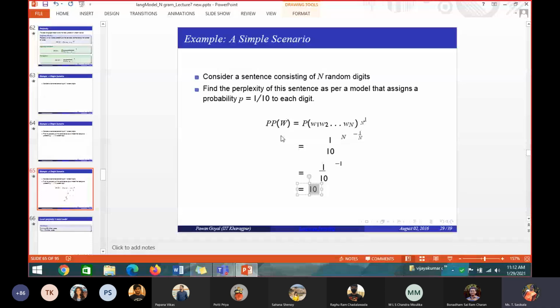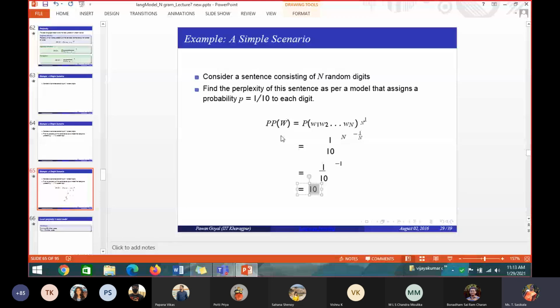Can you think and tell me for which one your model will be good, based on the perplexity value? If it is 5, if it is low, then from the 5 combinations, any one combination will be the next word. If there are 10 possible combinations, among the 10 I have to find the next word. So it is confused about which combination to take. Whereas if the perplexity is low, the model is good. If the perplexity is high, then it is very highly confused.